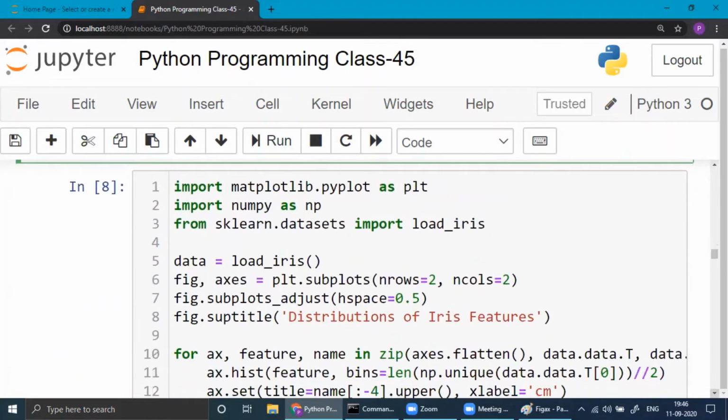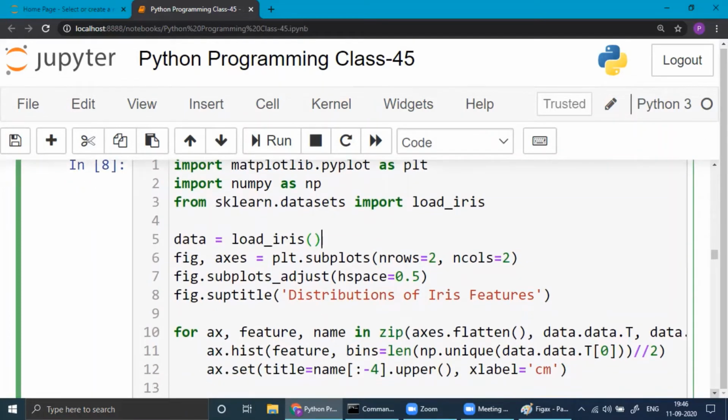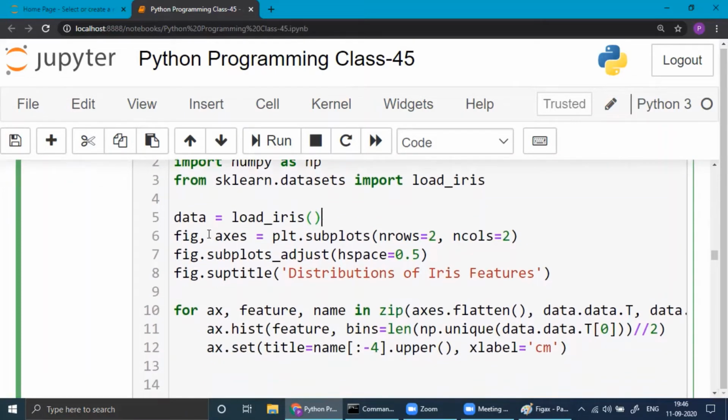Next one is the IRIS dataset. From sklearn.datasets, import this. You need not download the IRIS dataset. You can import it from sklearn datasets. Then you can use that one,